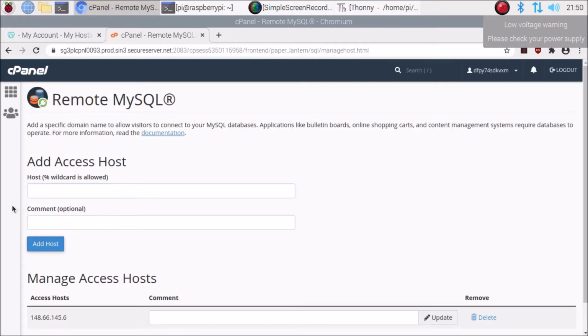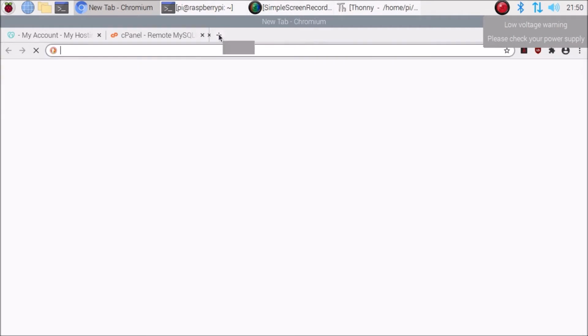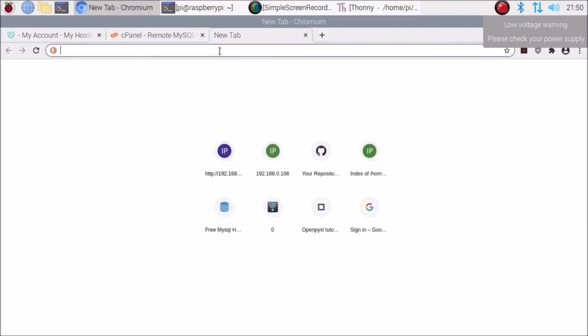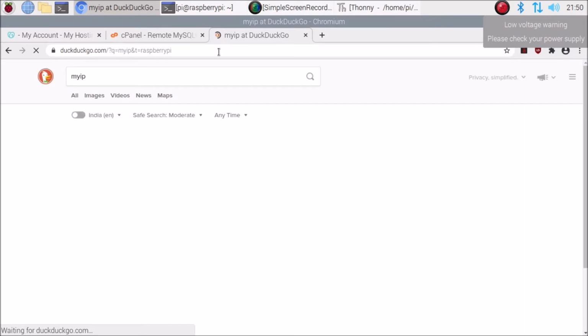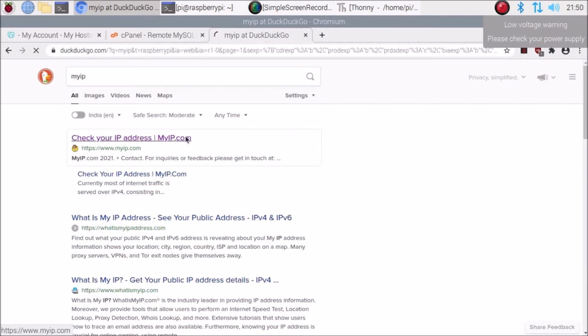To find my public IP address, we are going to open another tab in our Google Chromium browser and search for my IP, and it will show your public IP address. So check your IP address.